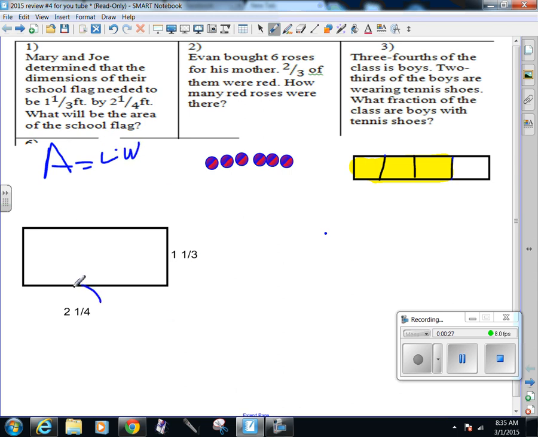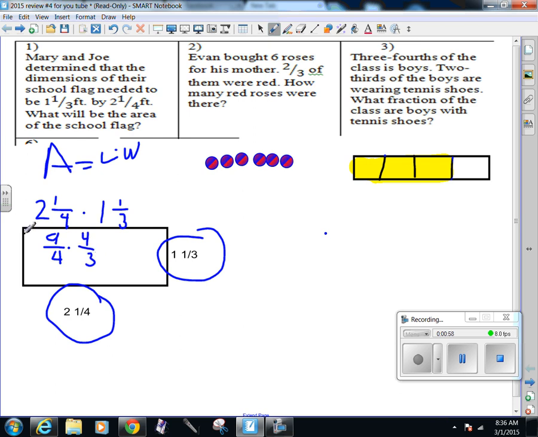So I look at my dimensions and I've got 2 1/4 and 1 1/3. So I need to be multiplying these. So 2 1/4 times 1 1/3. And before you can multiply fractions, you need to make them be fractions. So this is a mixed number. So I'm going to multiply 4 times 2, which is 8, plus 1 more, which gives me 9/4 times 3 times 1, which is 3, plus that one more is 4